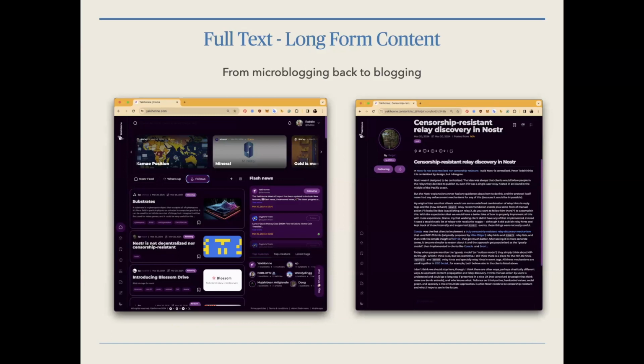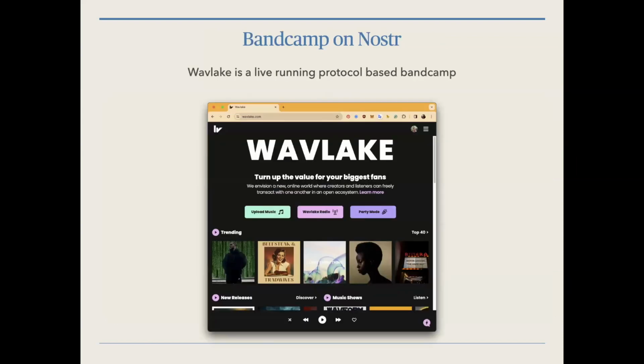I'm logged in to the same server with the same identity, the same user with the same set of followers and contacts in these very different apps. That's one of the big differences from the Fediverse: I use my same social graph and same user in all of these different apps. This is what the long form content system looks like.